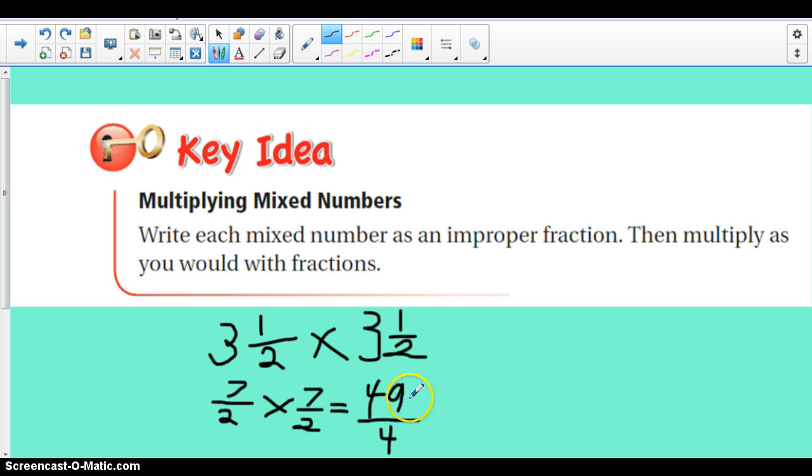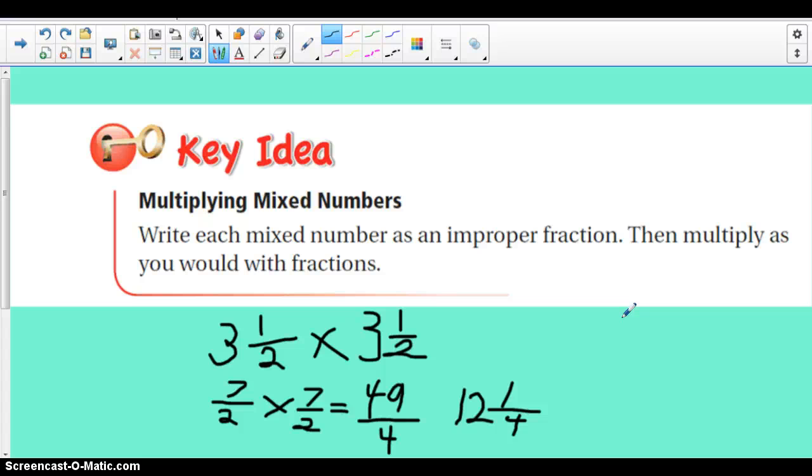In order to get the correct answer then, since the denominator is lower, you need to change it into a mixed number. Sorry, 4 goes into 49. Let's see, 12 times, 10 times 4 is 40, 48, and then that's 1/4 left. So the answer would be 12 1/4. So keep that in mind. That's basically what they're telling you to do